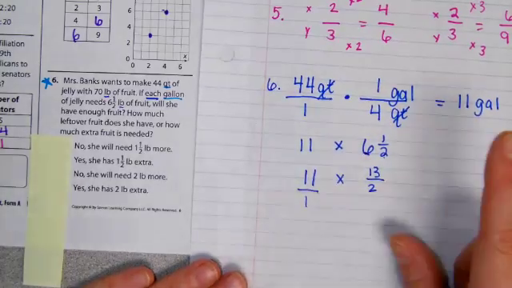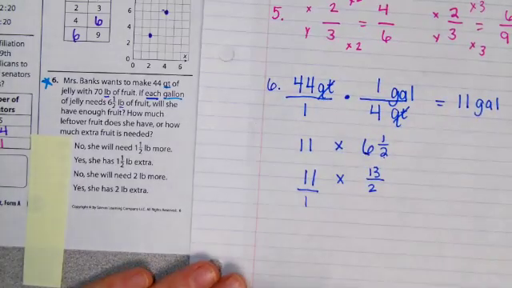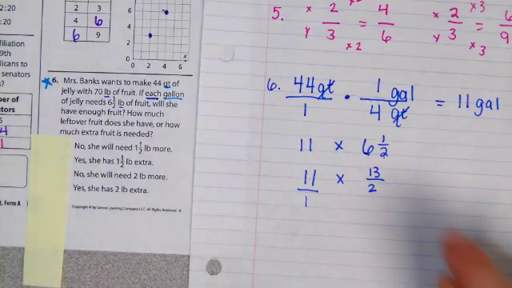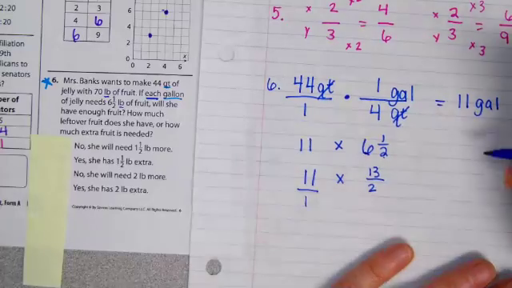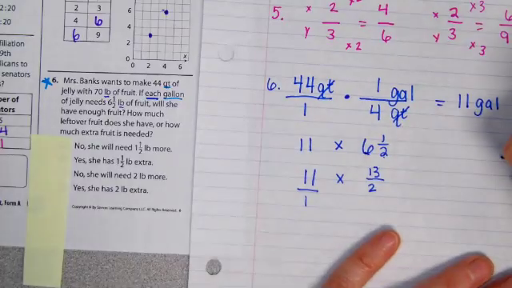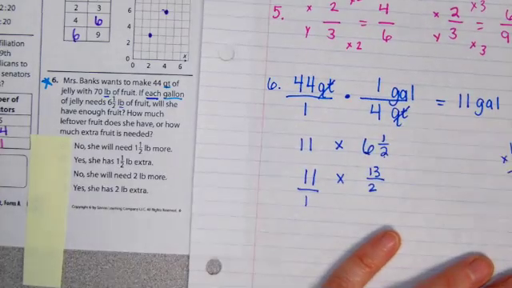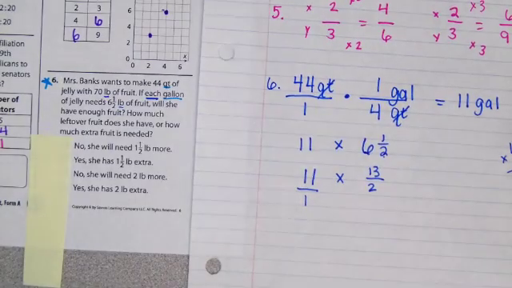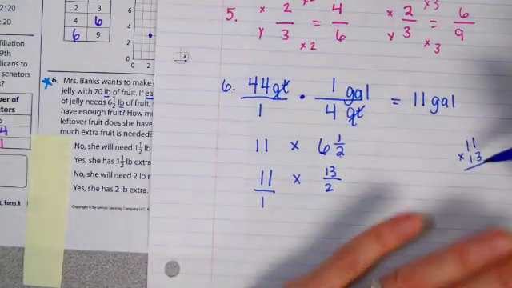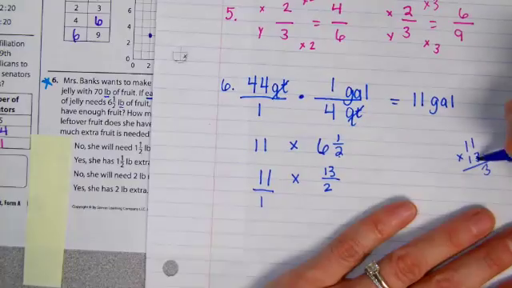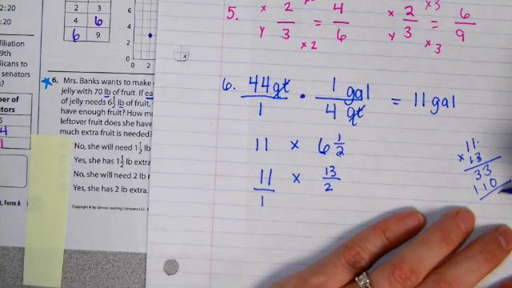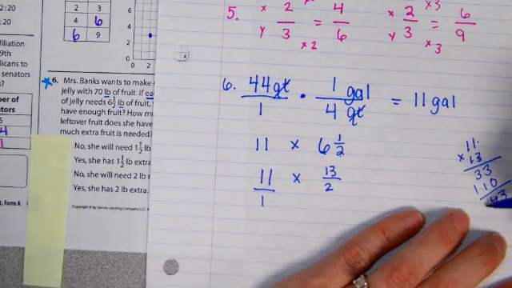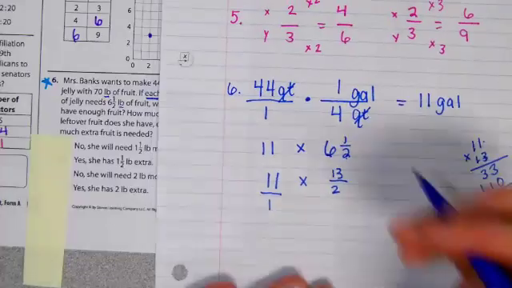Right? And then to do this, remember 11's really over 1. And so you can multiply across, right? And so you can do 11 times 13. And if you don't know what that is, feel free to line it up, right? Because that's not one that you memorize probably in elementary school. So 3 times 1 is 3. 3 times 1 is 3. Move it over. 1 times 1 is 1. 1 times 1 is 1. All right. And then we add that up. So 143 is our top